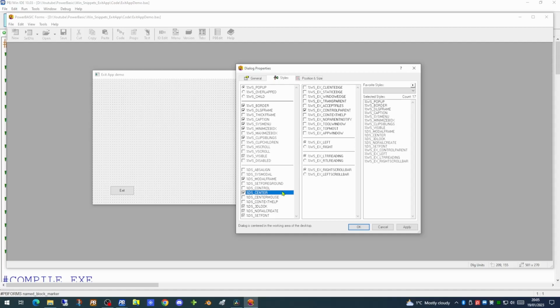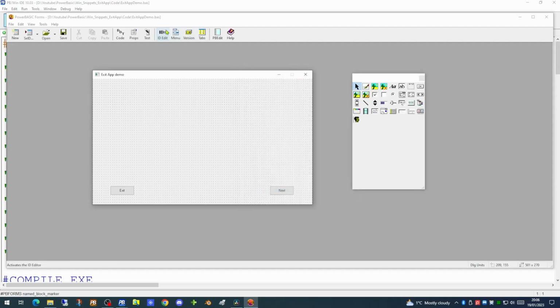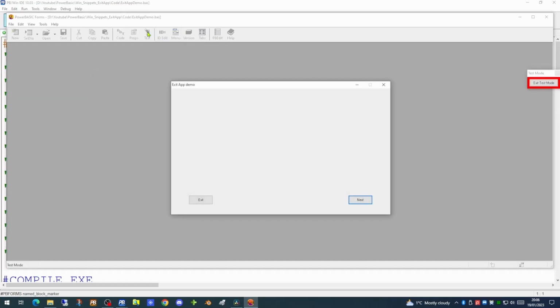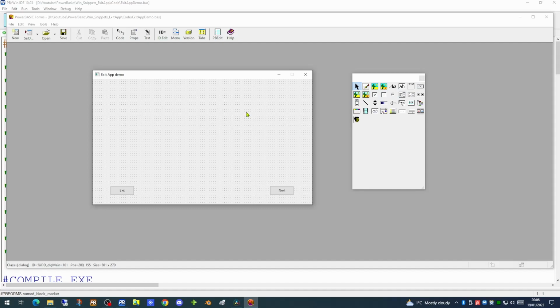The caption, sys menu and minimize box are used to control the X at the top of your dialog, the ability to minimize your dialog, which we can see by going into test. We have a minimize gadget, and additionally we're going to put an icon on the dialog itself, which will also allow us to click on that icon and close down the dialog.